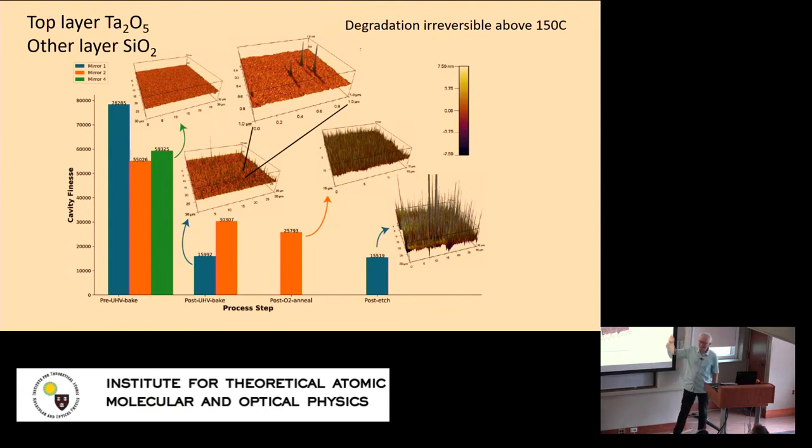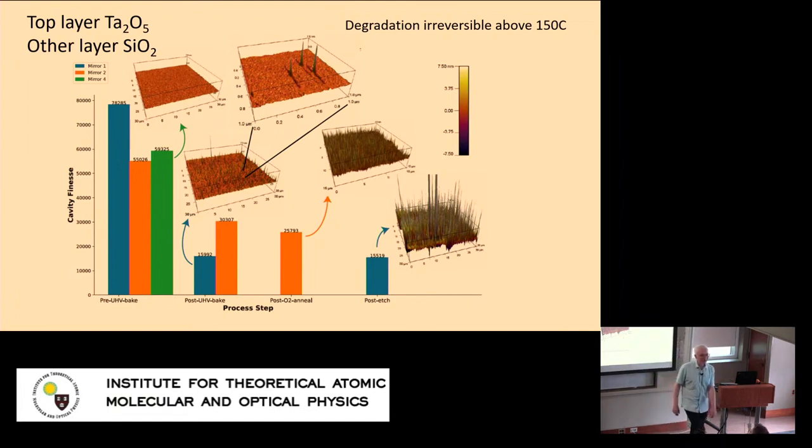But actually, we know that tantalum pentoxide is very bad in this irreversible way. So what we think is happening is that first there's some kind of oxygen depletion, and this oxygen depletion in the layer somehow makes holes, makes it porous, and then allows some kind of very sharp growth. So as a warning sign to all experimentalists,